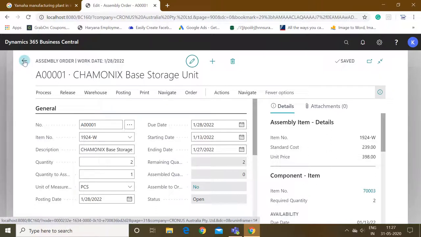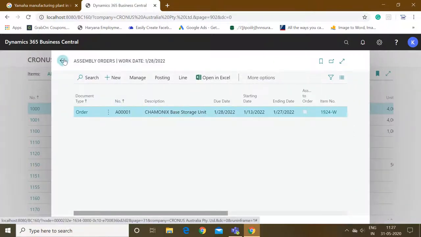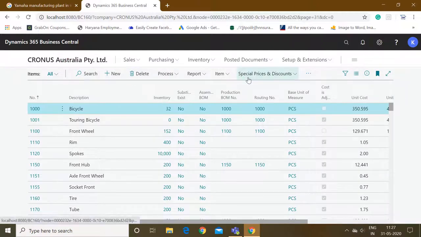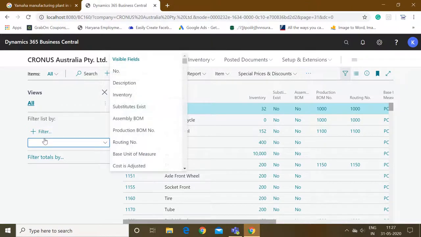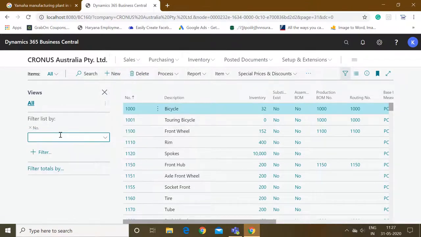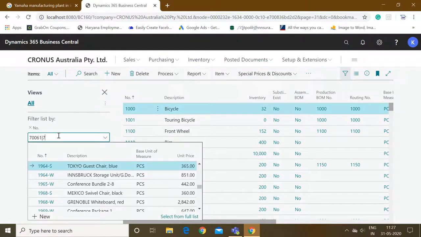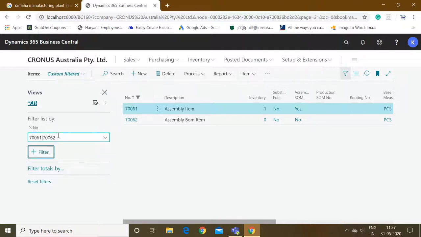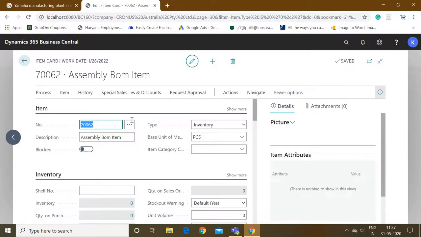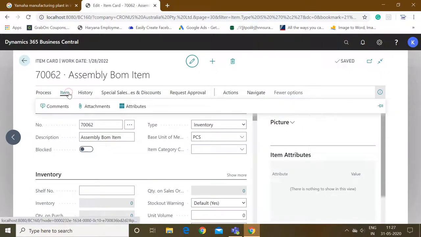Now my assembly order is posted, and let's go back to our item. Let me filter our item by number 70061 and 70062. Okay, now let me click here and check its ledger.